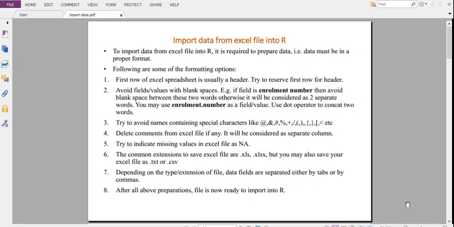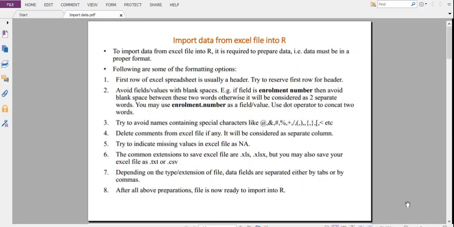Then whenever we store data in Excel spreadsheet, if a single data has multiple words, like suppose I want to store data for a student, and if I want to store enrollment number, if I want to give this caption to my header, then enrollment number, the single column name has two words, so I cannot use enrollment space number, this combination of two words to give the caption.